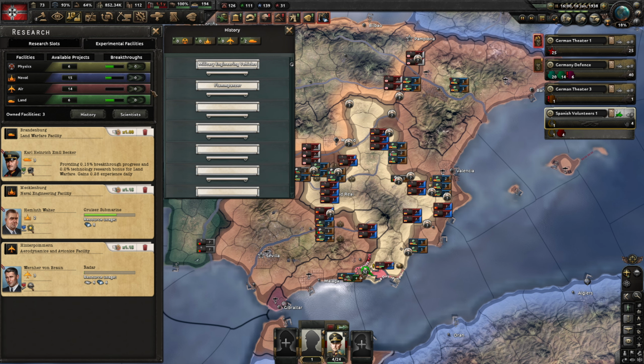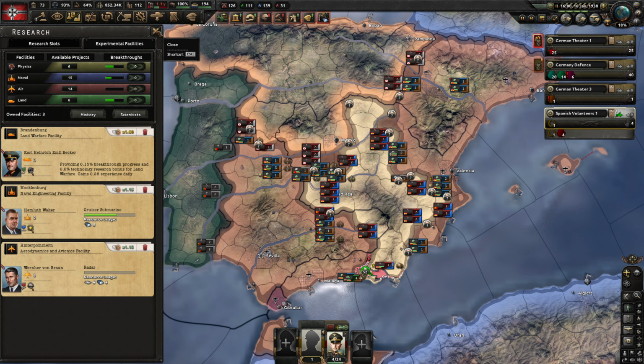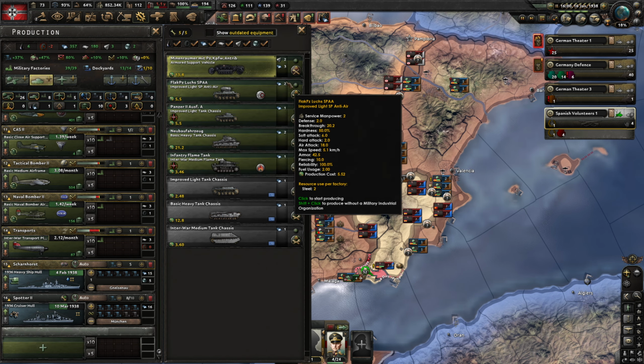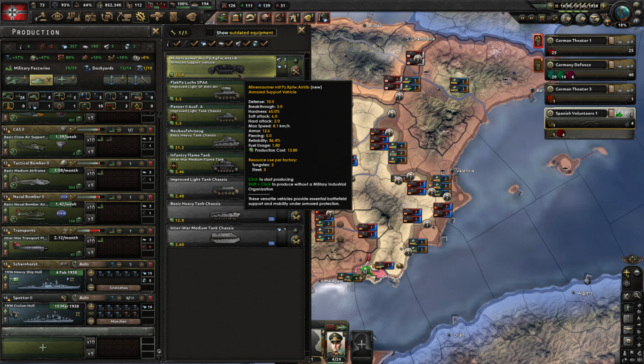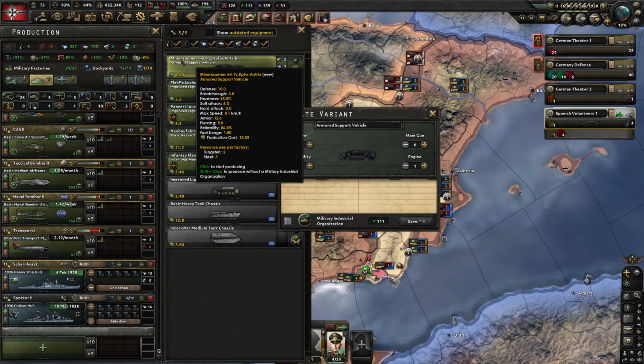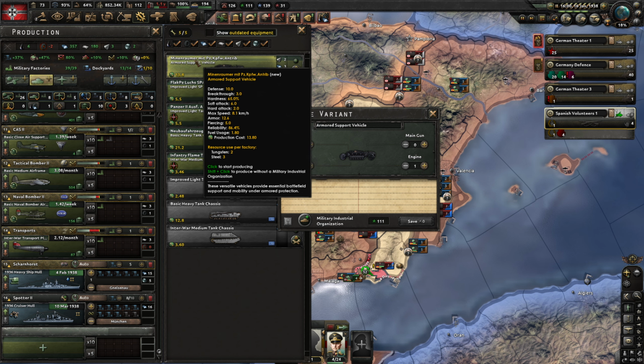And we cannot do any other research because we have no breakthrough. So let's take a look at what this is. So we have to make this thing. Die Minenräumer mit Panzerkampfwagenantrieb. I don't know what that means. Well, I know what this...